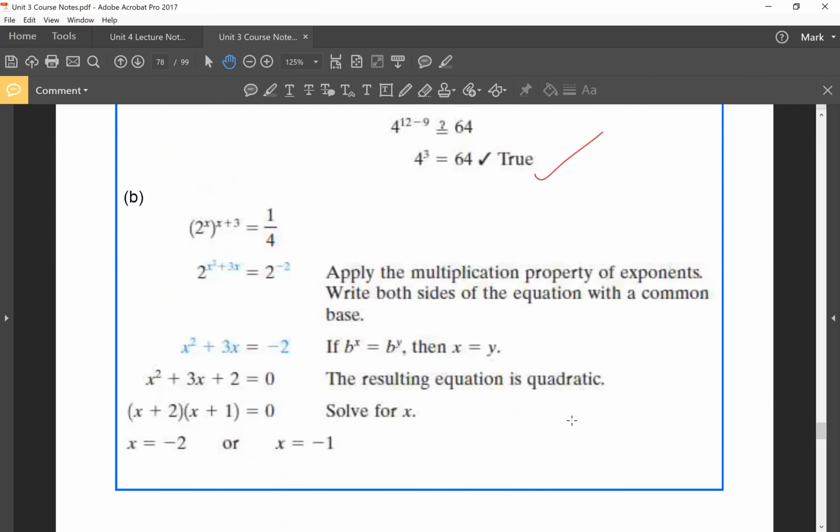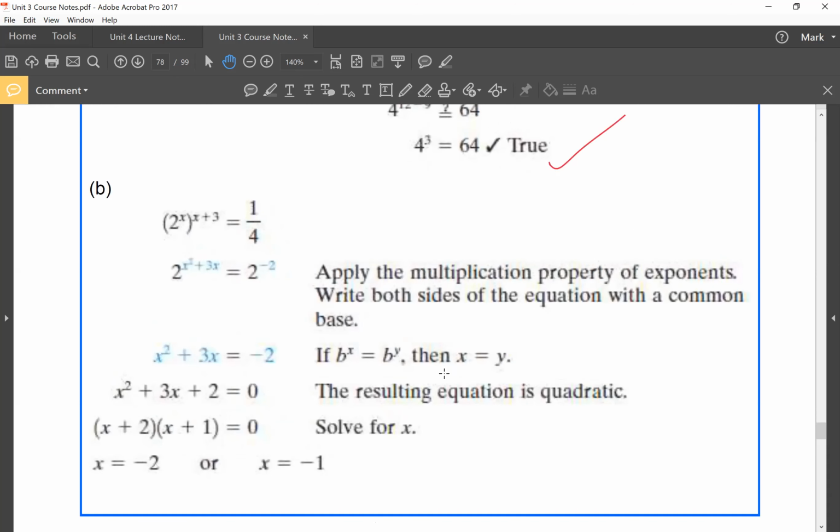Okay, what about B? B is much harder. B is actually a very challenging one because it's like solving a puzzle. You have to see the solution. You'd think to yourself right now, there is no way I could get 2 to be the same base as 1 over 4. But actually, and I'll zoom in a little bit here, you could rewrite this as